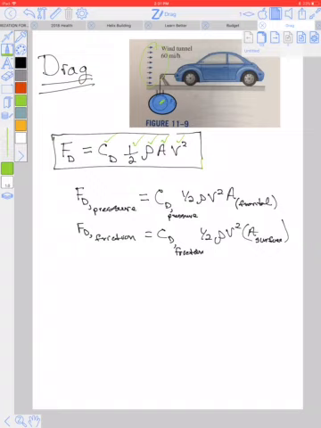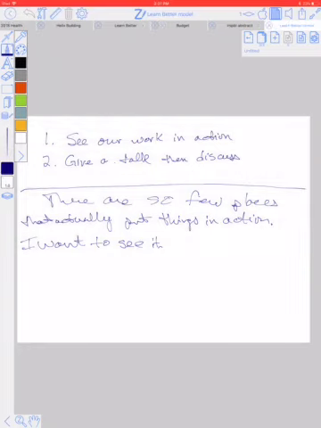What we're going to do now is we need to deconstruct it a little bit, break it down into two different kinds of drag force. The first kind of drag force is due to the difference in pressure between the front of the object and the back of the object. When you have an object like this, it will have